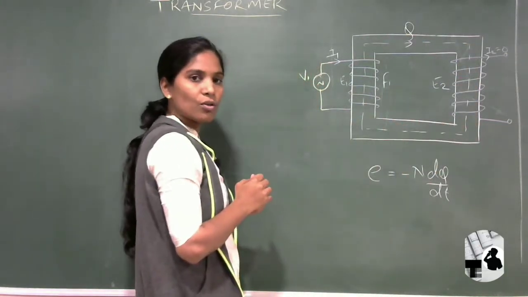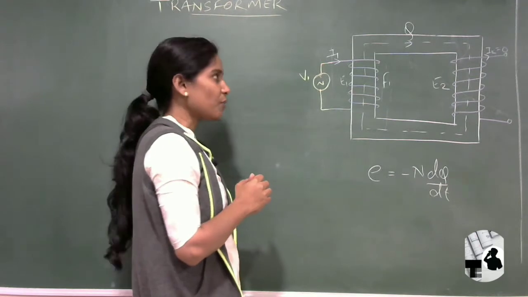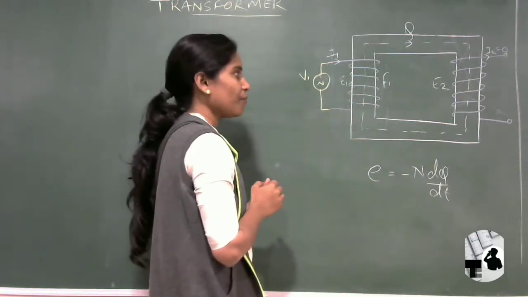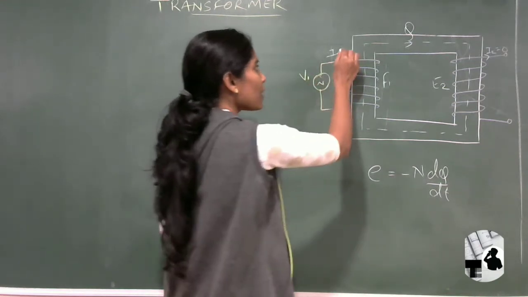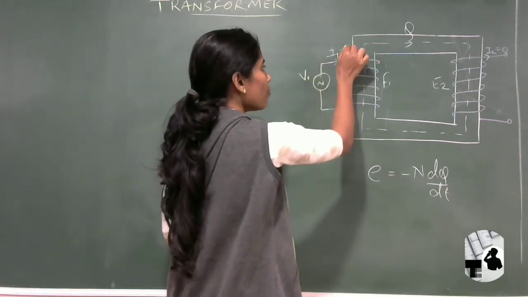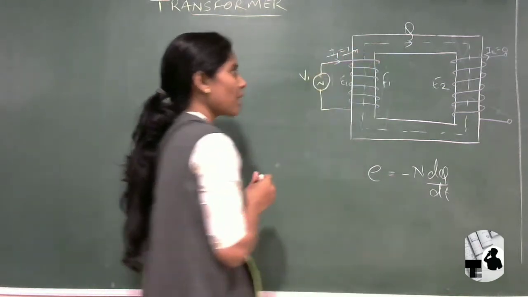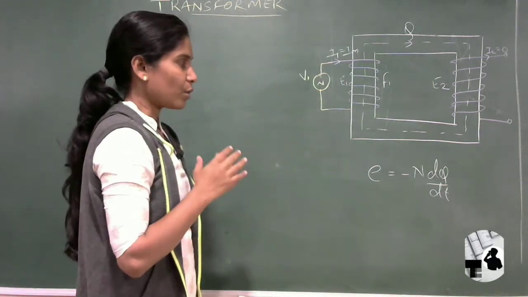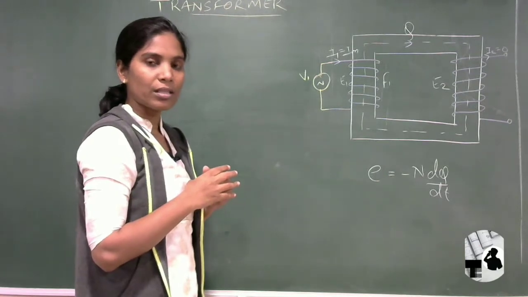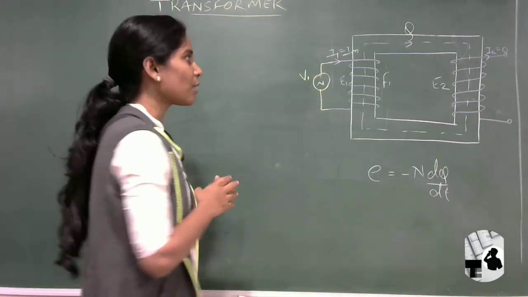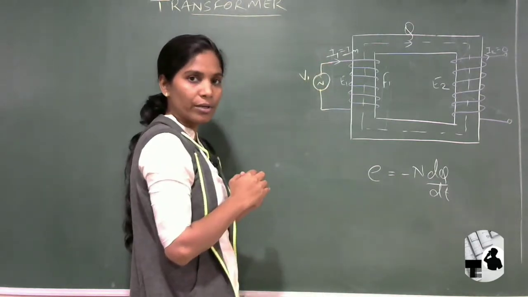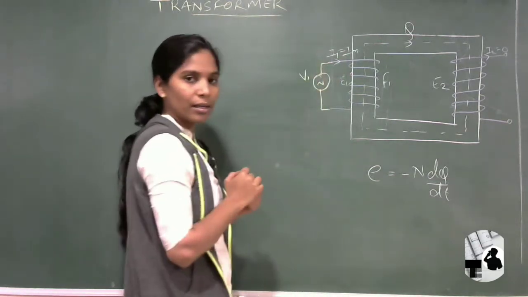Okay, so whatever input we are taking, that is feeding the magnetizing effect in this magnetic circuit. So for this case, I will consider that I1 is the magnetizing current, that is IM. Okay, so for the ideal case of the transformer, when it is connected with no load, whatever primary current I am giving is utilized for only the magnetizing effect. So I am telling it as the magnetizing current.